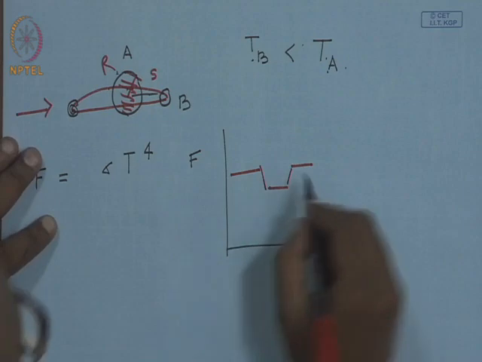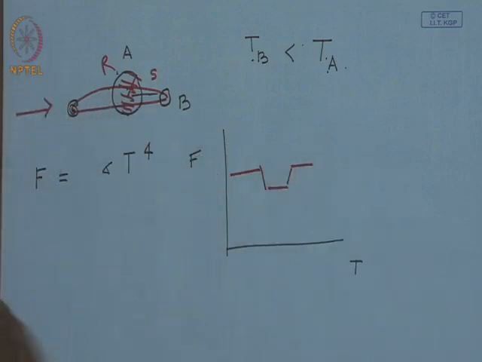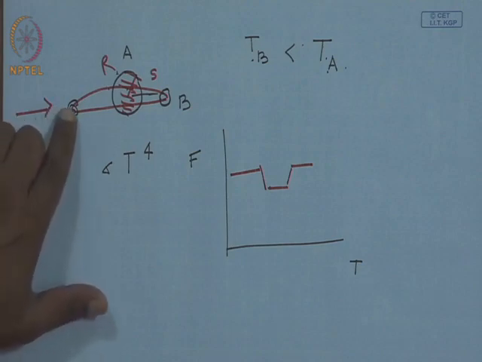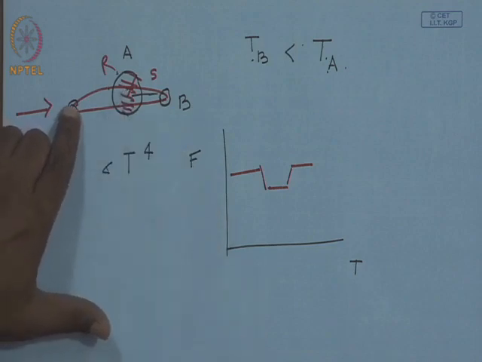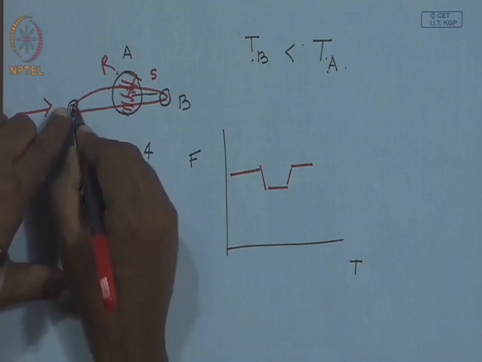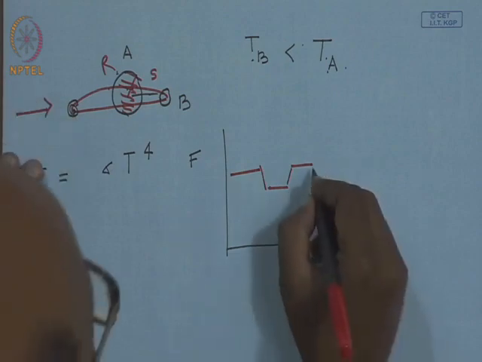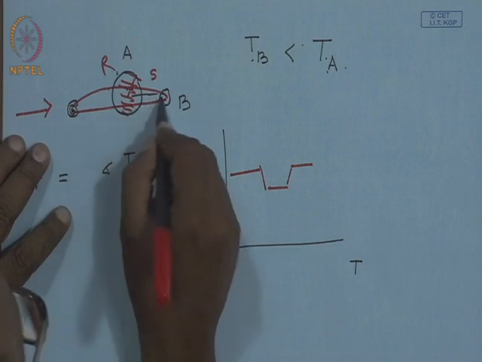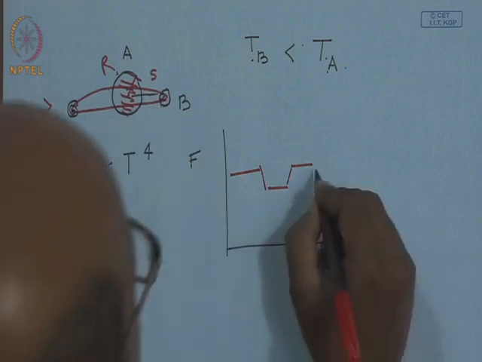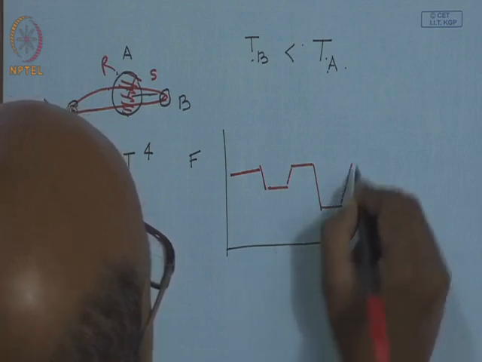Next, again you can see both of them, and then B comes in front. Question is, what happens when B comes in front? When B comes in front, it blocks out a certain part of the hotter star, and that gets replaced by an equivalent part which is cooler. So, the radiation that you receive in this situation is actually going to be lower than the radiation that you receive when B is completely blocked out. So, the light curve from the two stars will look like this,